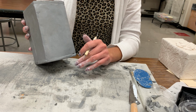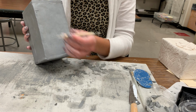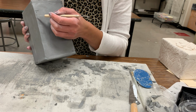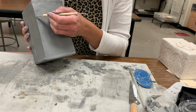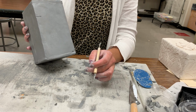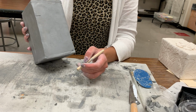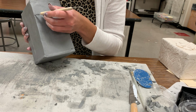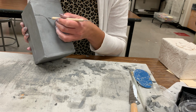If you want it to be farther than that down, that's fine, as long as you're not above that little line, okay? So I'm going to go ahead and go down about here, because I just want a lid to be a little bit bigger, since I'm going to make it vertical and I have more room now, okay? So I'm taking my modeling knife. I'm going to start by first marking it, which I did, and I am now going to draw ever so